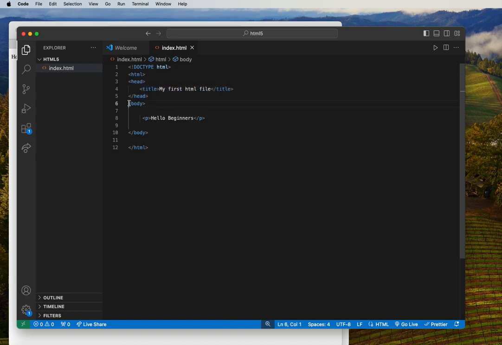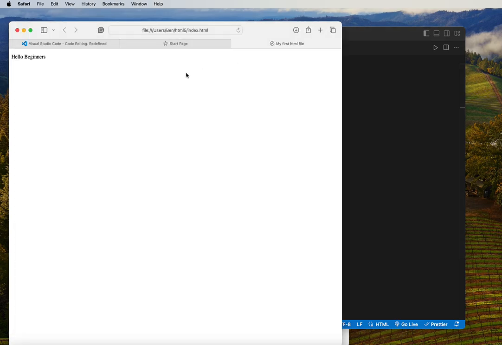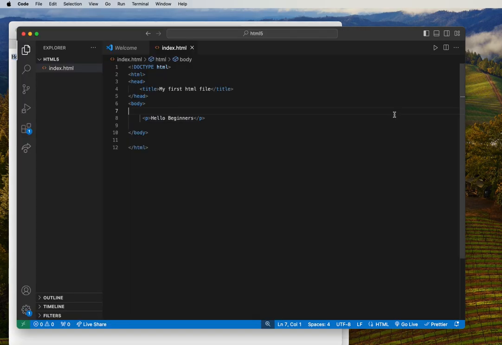And then the body is the main deal. It contains the document which is actually the content, so we can have the paragraph, the links, the images, the tables, and so on, and that is rendered in the browser and displayed to the user, like we can see here. So everything we want to display to the user should be in the body tag. All right,